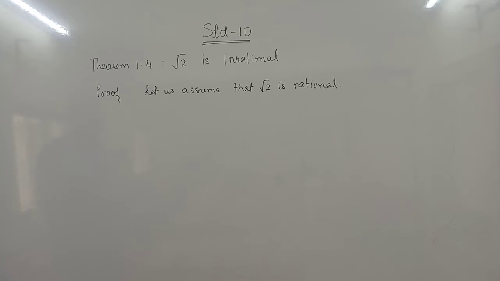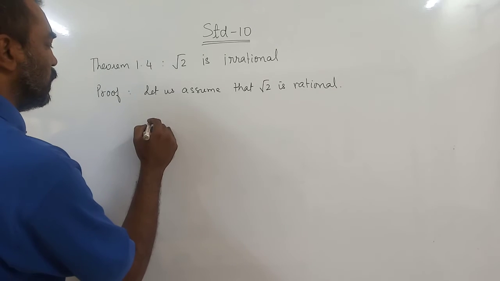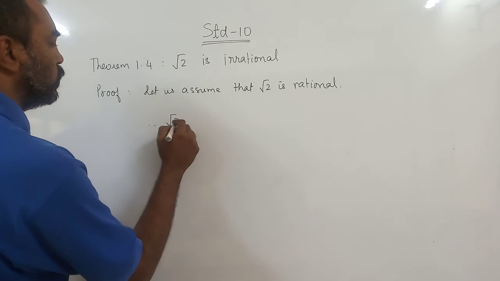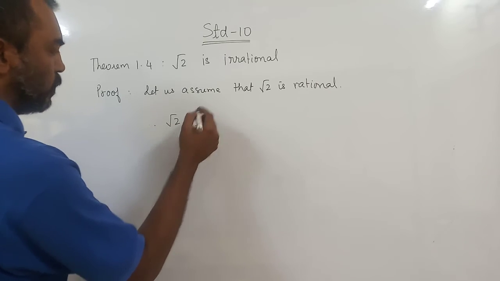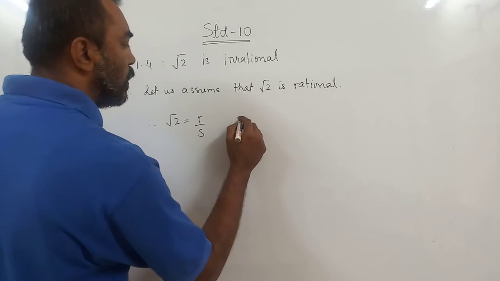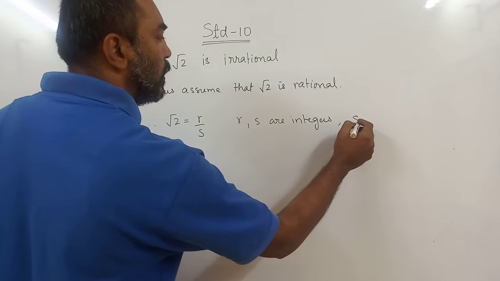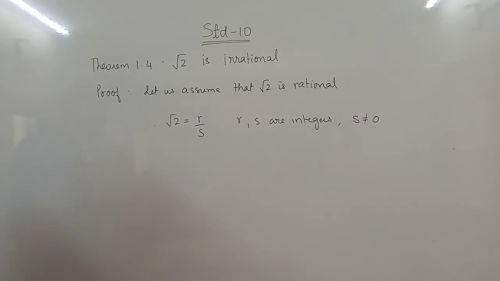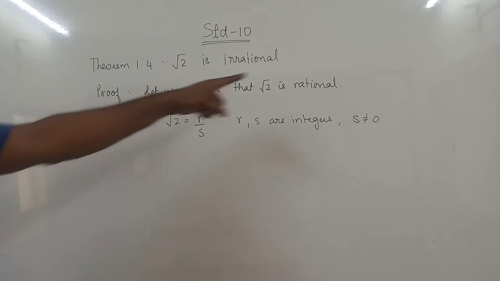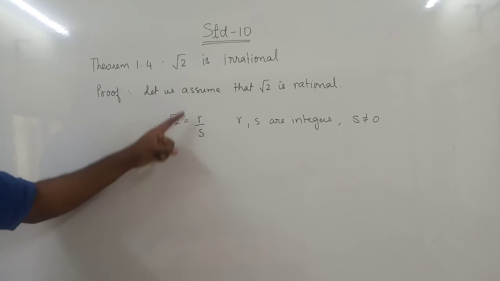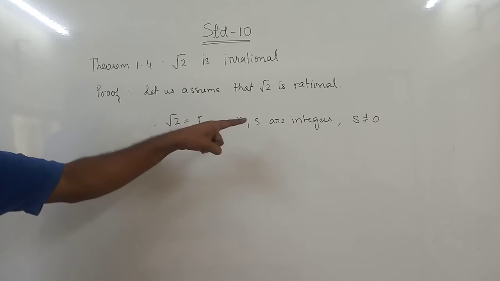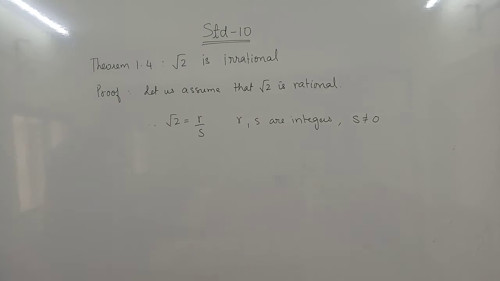Okay? If root 2 is rational, it can be written in which form? The p by q form. So here we will write in another form. So then, therefore, root 2 can be written in r upon s form. The p upon q or r upon s, where r, s are integers. Remember the statement? And s is not equal to 0. Yes? So we assume that because it is rational, it can be written in the r by s, p by q or r by s form, where r and s are integers and s cannot be 0.